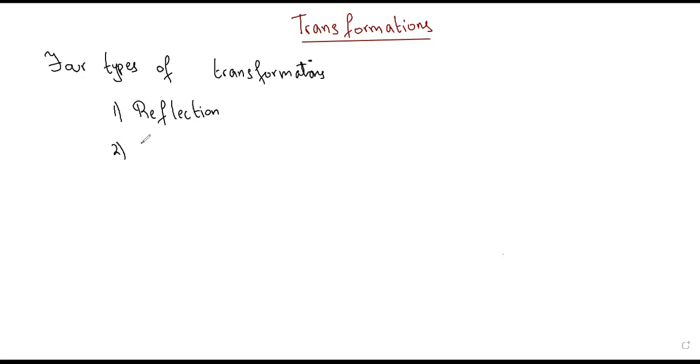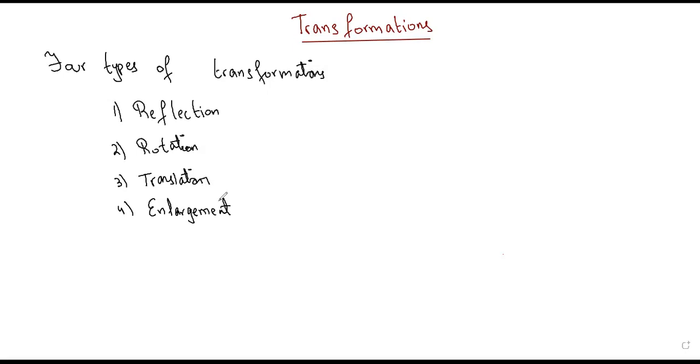The second one is rotation. The third one is translation. And the fourth one is enlargement. Okay. Now we have these 4 types of transformations, and in every type we are going to discuss different